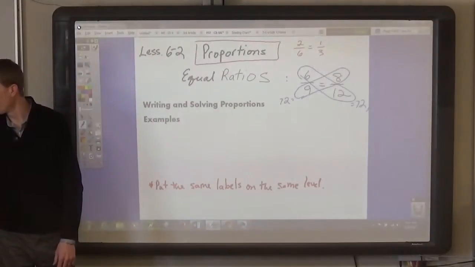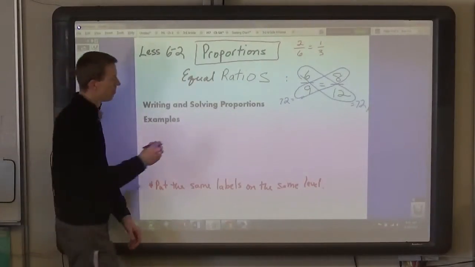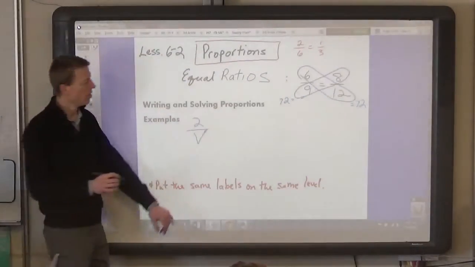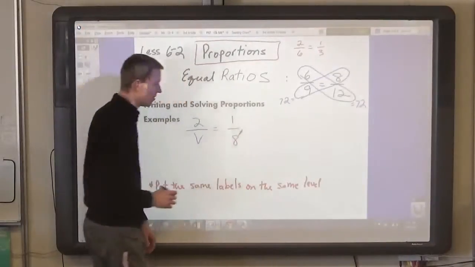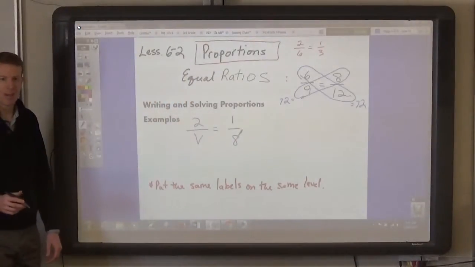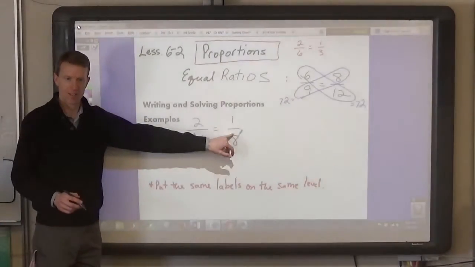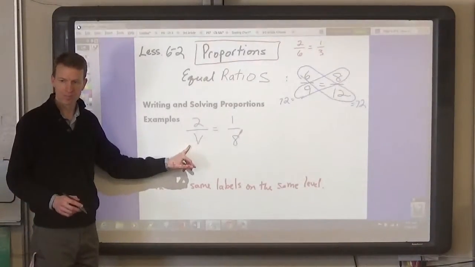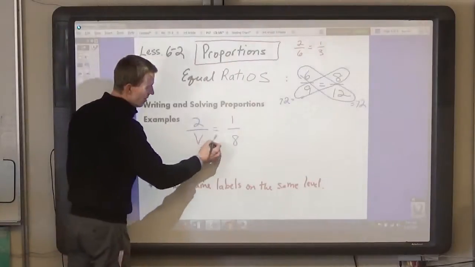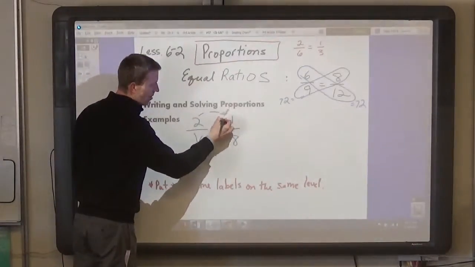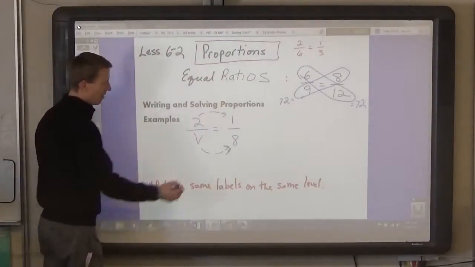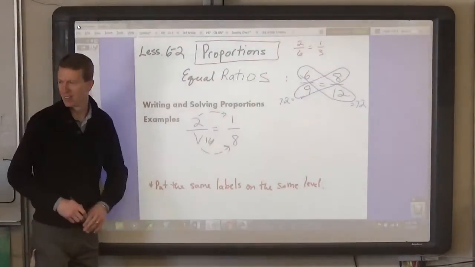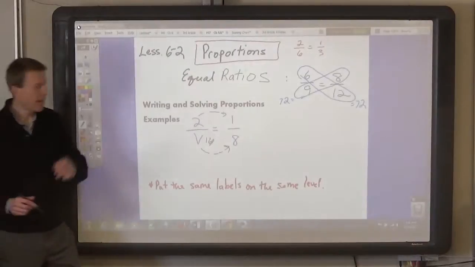So if you turn the page to 300 and look at number 1, it says 2 over v, so we don't know what this number is, equals 1 over 8. You might be able to find that number just by finding the missing factor, or finding the missing multiple. What's missing? 16. Yep. 2/16 is equal to 1/8. We know that. All right. But if we had one that's a little bit harder,